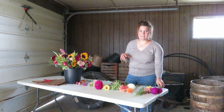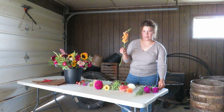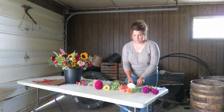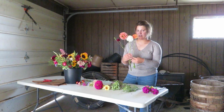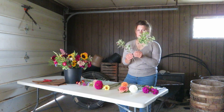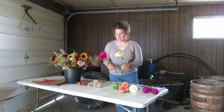So this bouquet had inside of it 3 stems of sweet William, 1 snapdragon, 1 stem of sweet Annie. I did include 4 dahlias, which is a bit heavy on the dahlia side for our normal market bouquets. 3 stems of basil, 3 zinnias, 2 smaller, 1 larger,